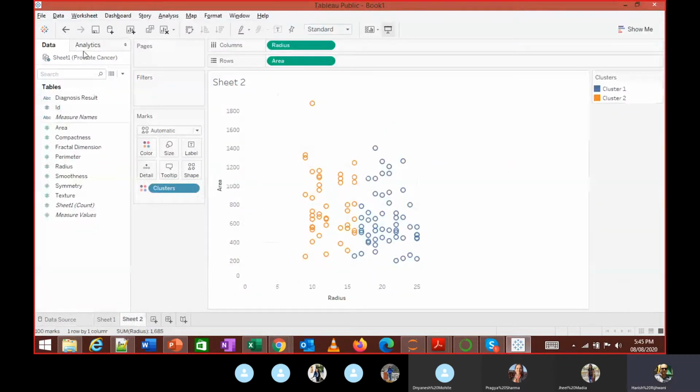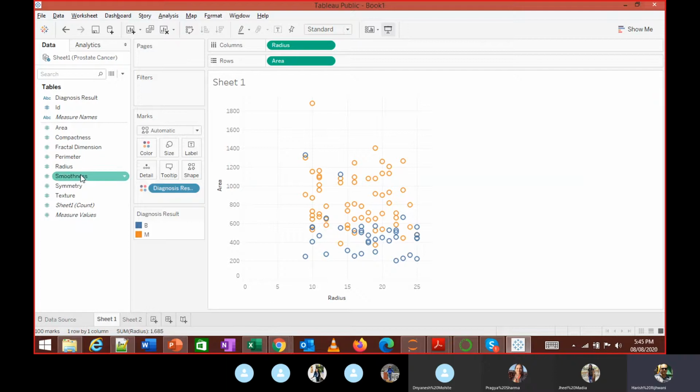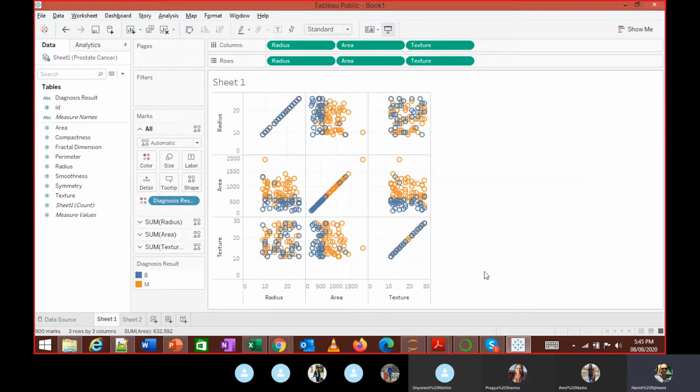Okay. So here I can even try texture. So this is comparing radius with texture, radius with area, radius with radius. Doesn't make sense.